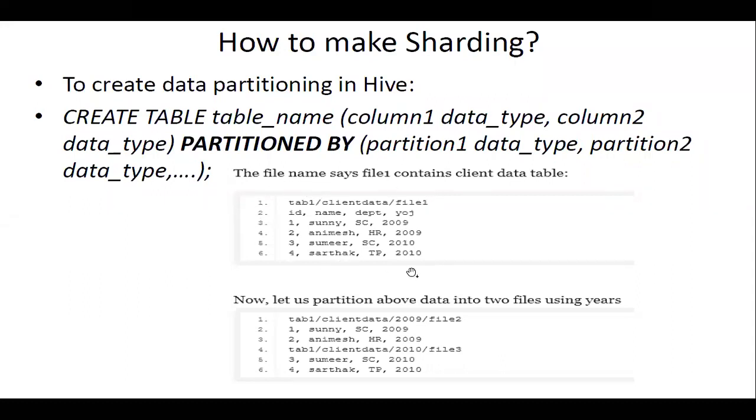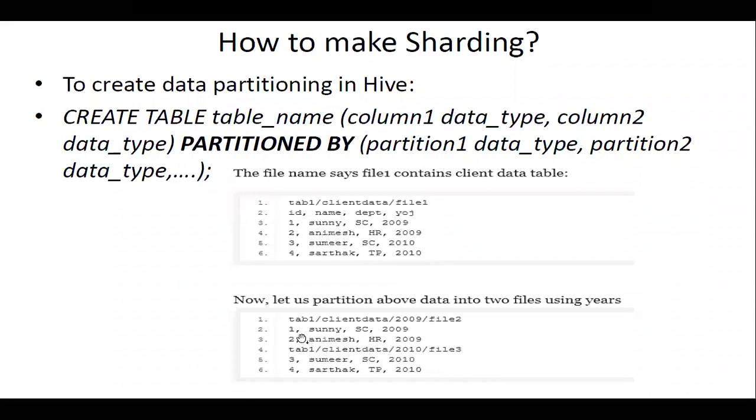To understand how the partition is done in Hive, here you can see tab 1 client data 2009 file 2, and then file 3. You are going to split this particular table into different tables.